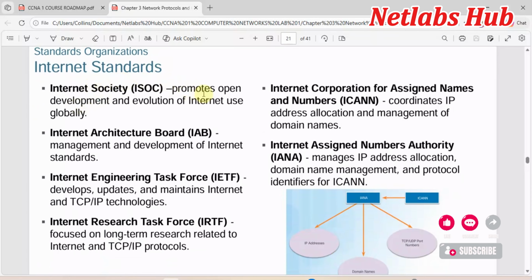Internet Society, ISOC, promotes open development and evolution of internet use globally. We've got the Internet Architecture Board, which manages and develops the internet standards. We've got the Internet Engineering Task Force, which develops, updates and maintains TCP technologies. And the IRTF, the Internet Research Task Force, focused on long-term research related to the Internet